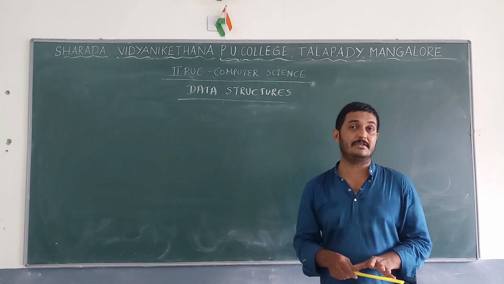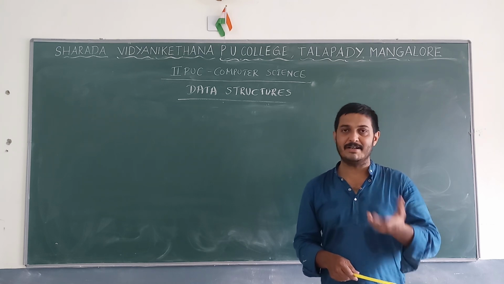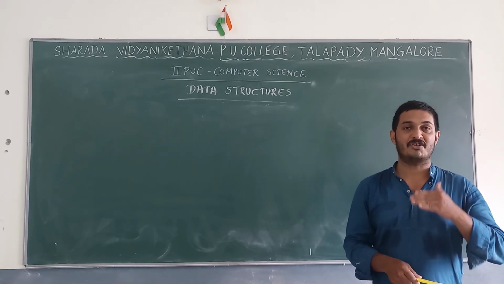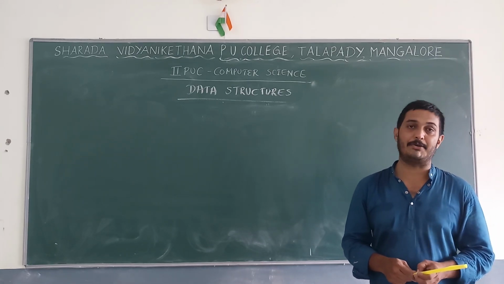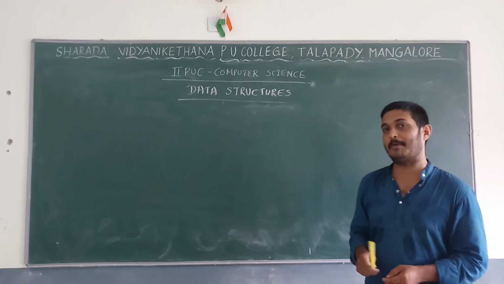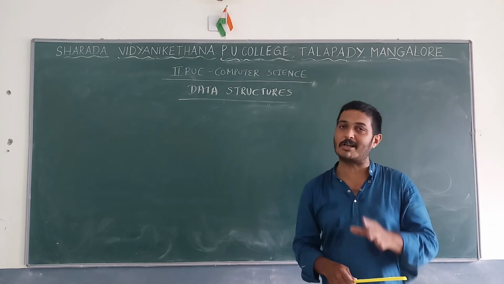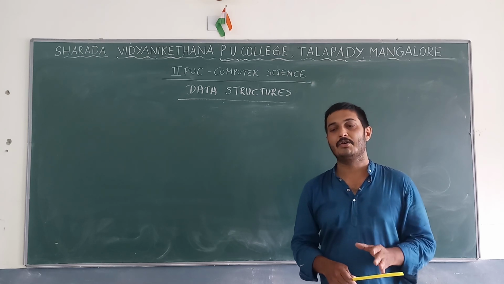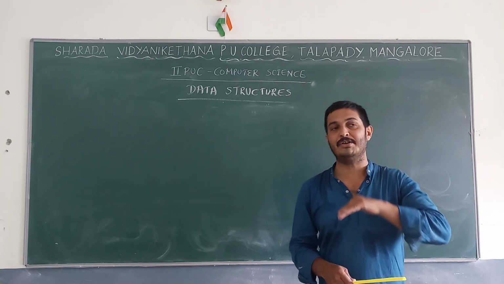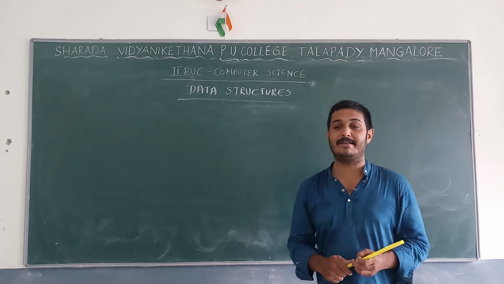Next we studied types of queues. There are four types: linear queue, which means simple queue, double-ended queue, circular queue, and priority queue. These are different types of queues and some queue operations. What are the queue operations? There are 5 types: queue insertion, queue deletion, underflow, overflow and size. Okay, these are the operations.